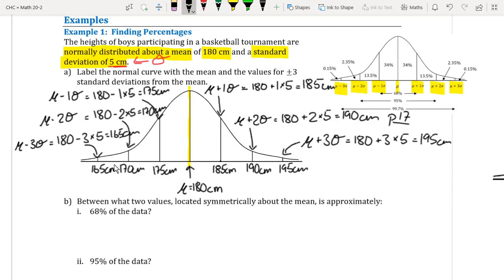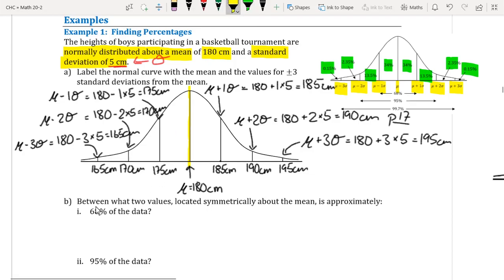Okay, so we've labeled the normal curve. Now, if we take a look at this curve here, we can see that those various regions under the normal curve are represented by a percentage. These percentages tell us what proportion or what percentage of the data would fall in these different regions. And of course, if we add all of these percentages up, that should equal 1, because all of the data, 100% of the data, will be distributed under this bell-shaped curve. So we can use this in question B